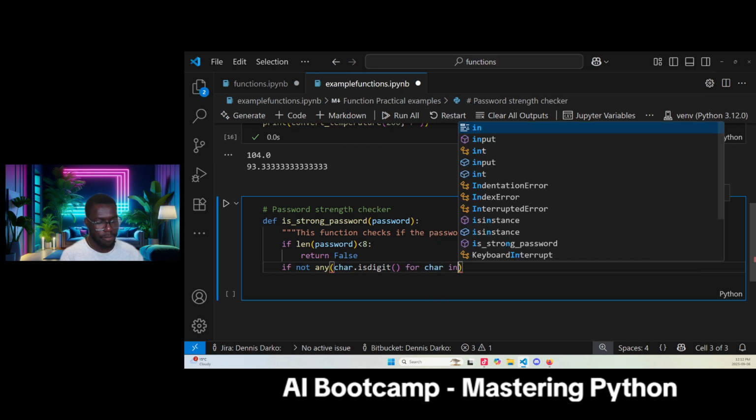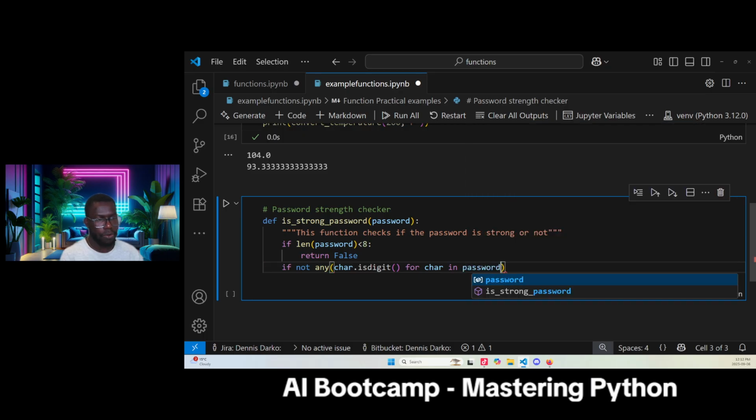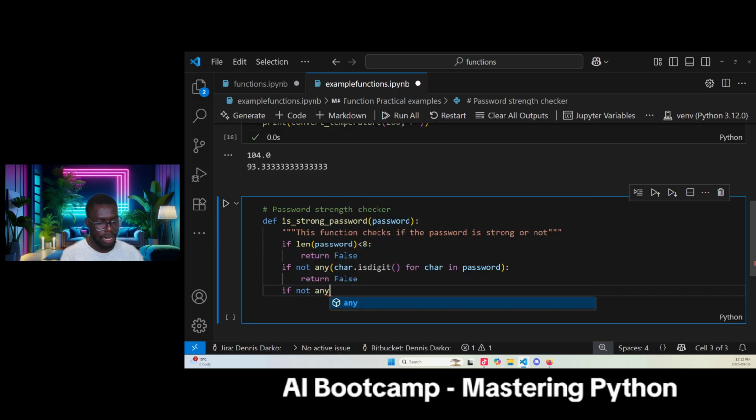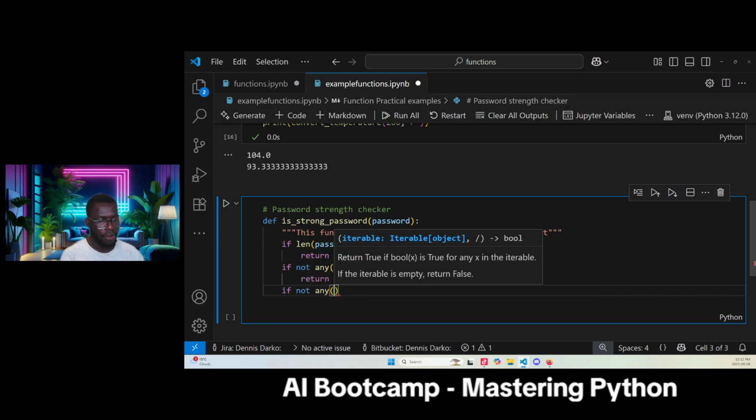character in password. We use a for loop here. We loop through. For character in password, then we return false. We return false, and then once we are done returning false, we need to set another if condition. So if not again, not any, if not any of that,